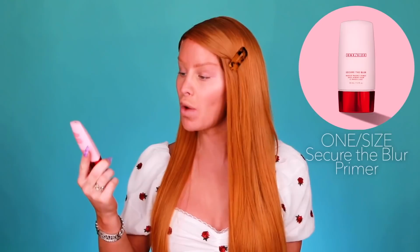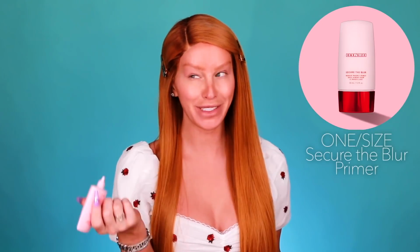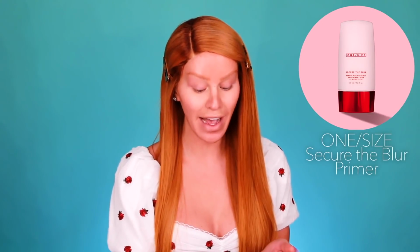I need some makeup on this face. I'm looking at myself in the monitor like, God, I feel bad for that girl. Okay, so first things first, I'm gonna go in with the One Size Secure the Blur primer. I literally use this every single day. It's so nice and so blurring, and I really like it on my cheeks, on my nose, anywhere where I feel like I get oily or I can see pores. And my nose,